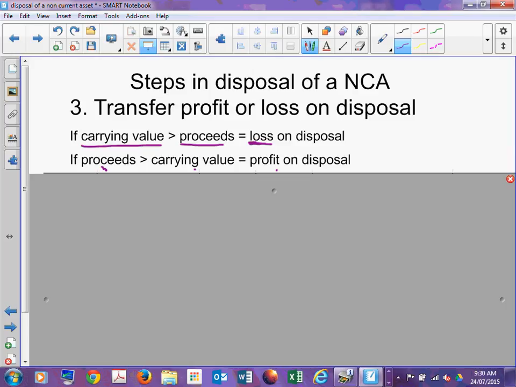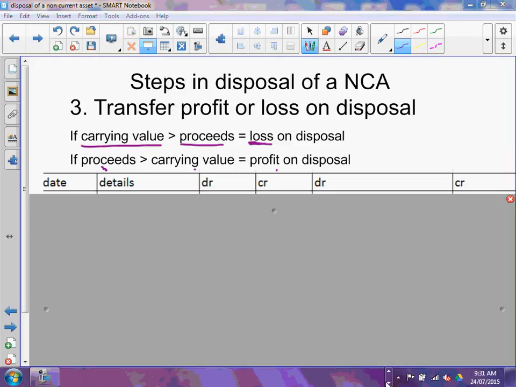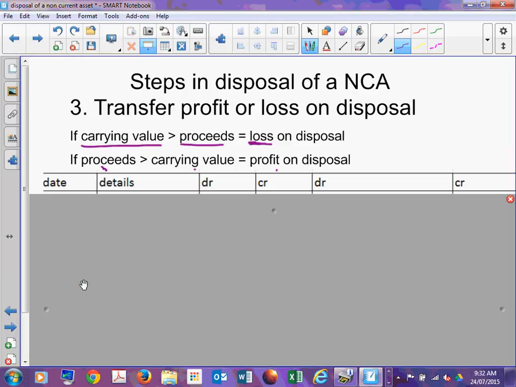What journal do you think we will record this transaction, the profit or loss on disposal, in? General journal, draw one up. Just in time for the yawn. Okay, so